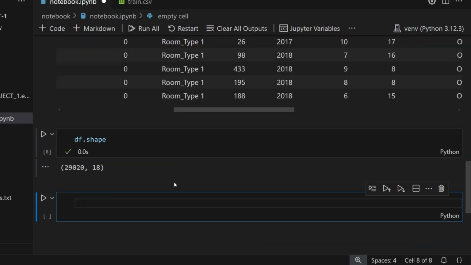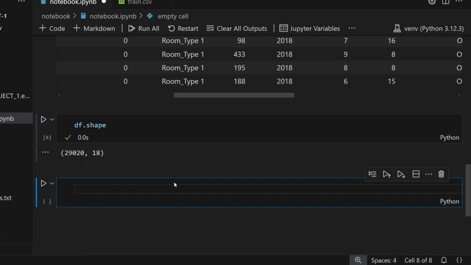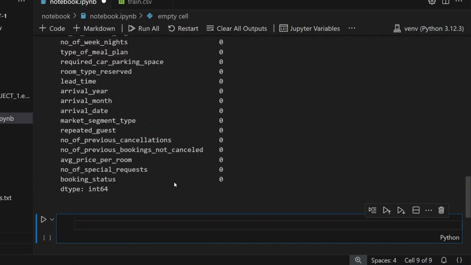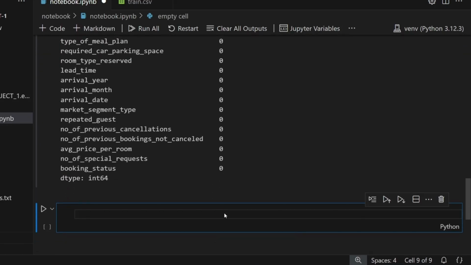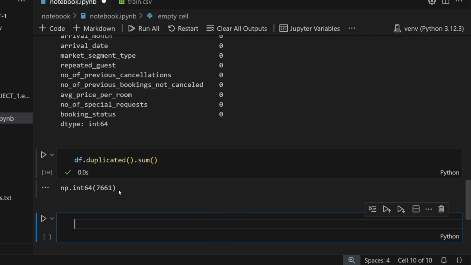Okay. Now let's check for null values. df.isnull().sum(). So we don't have any null values in our data frame. That's good. Let's check for duplicate values. For that, we will use df.duplicated().sum(). Okay, so we have around